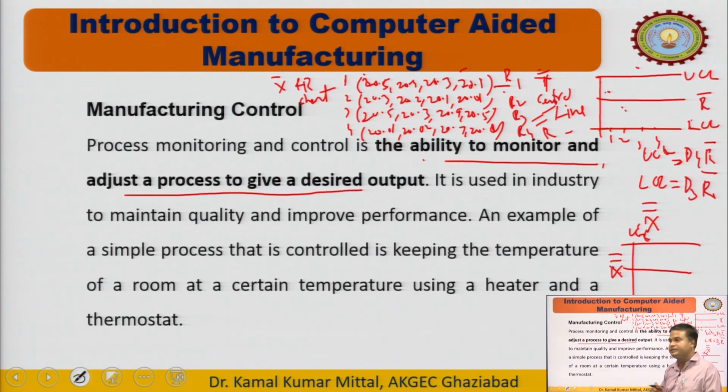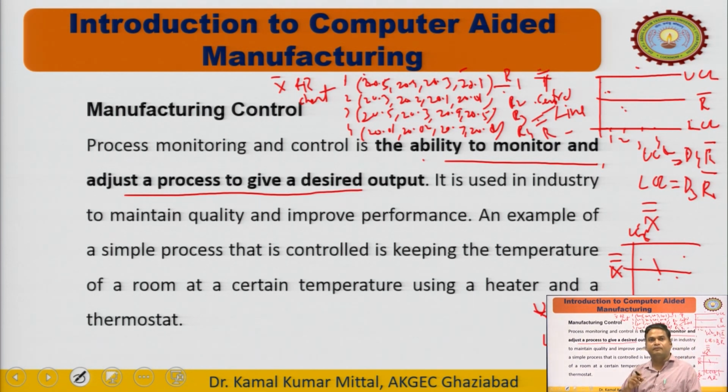So the upper control limit we can calculate using X double bar plus A2 R bar, and the lower control limit we can say is X double bar minus A2 R bar. So we can calculate the upper control limit and lower control limit. Then again we find the value of X bar, meaning the average value of sample 1, 2, 3, 4, and we plot here, here and here, 3 and 4, and